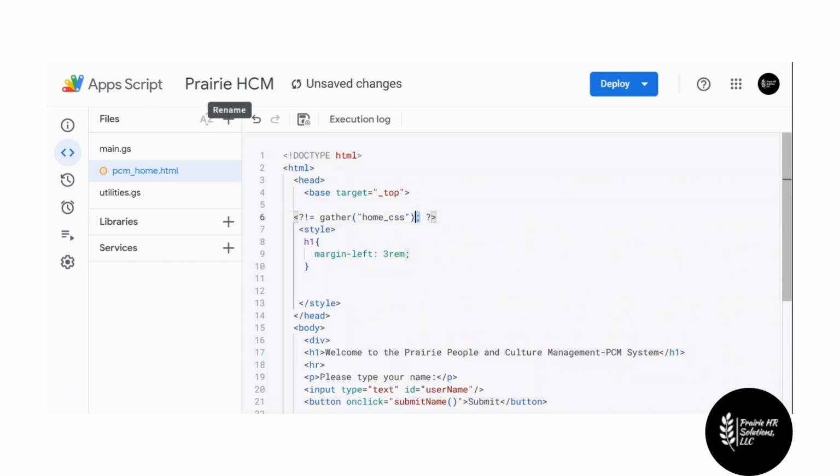Forgot that little semicolon there. I don't know if it actually makes a difference, but we'll see. So we don't actually have, one, this function created, and two, we don't have this file. So let's go ahead and create that HTML file. And this HTML file is going to be home